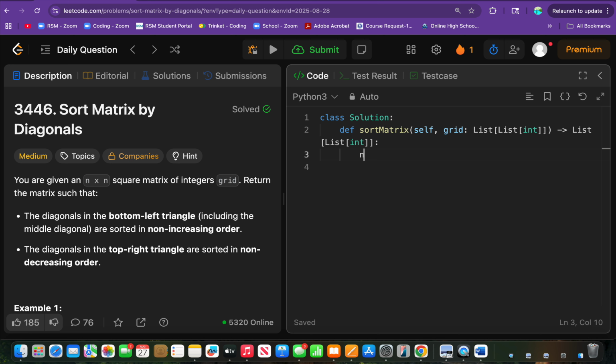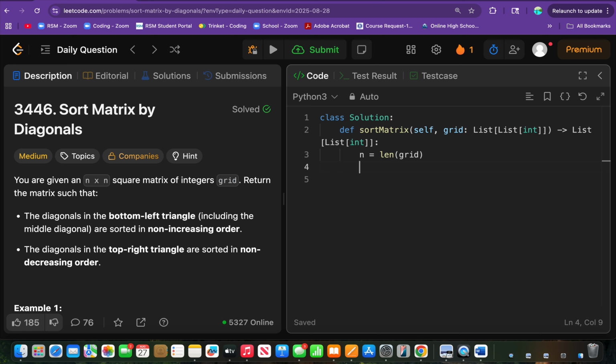It is indeed guaranteed to be a square matrix, like the problem statement and input constraints told us, and so all we have to do is get the number of rows or columns, basically just the length of grid, or even the length of grid index 0, it doesn't really matter, and we just store that in our variable n. That's basically going to be the size of the grid, and that's going to help guide our loops as we build our answer array as well,